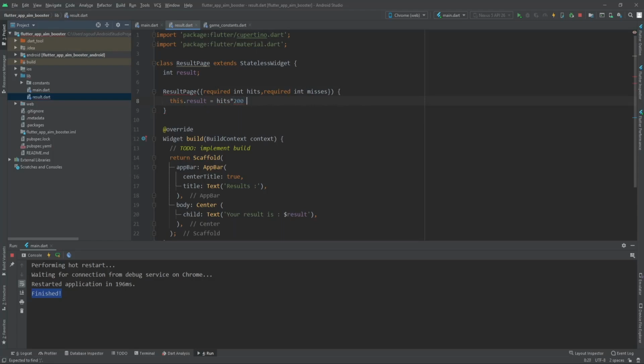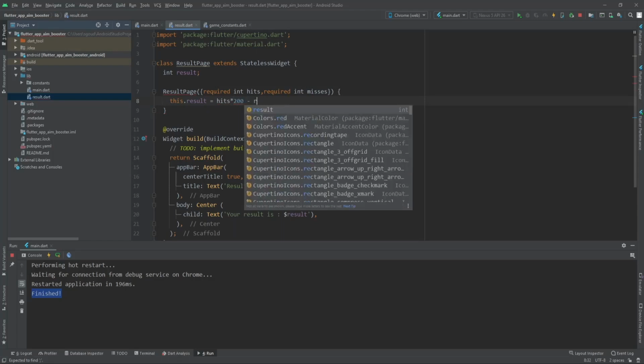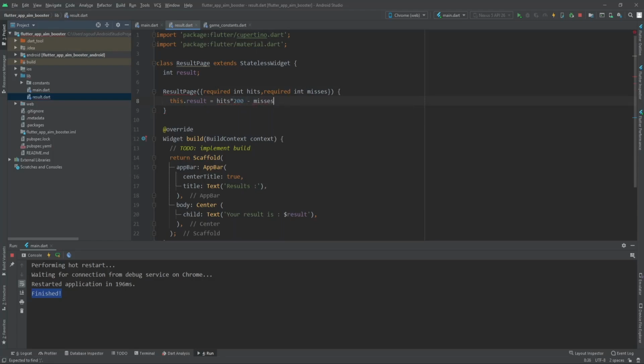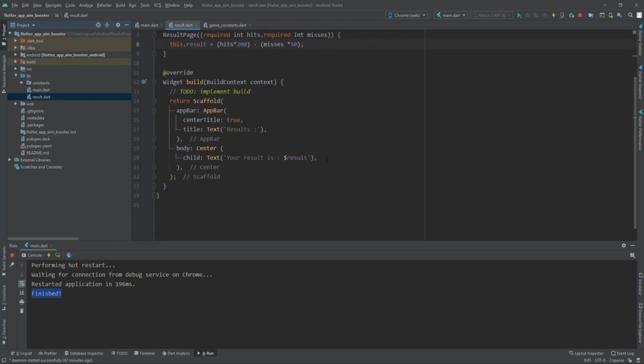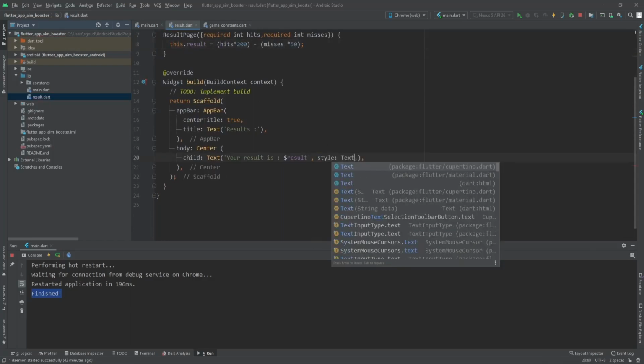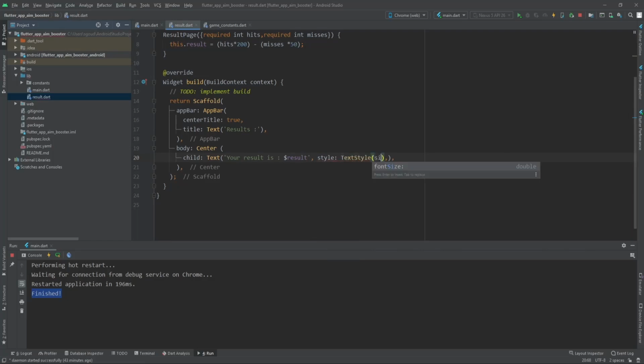and minus misses multiplied by 15. Yeah, this just works fine. Okay, so we should add a late keyword to say to Dart that it's going to be implemented later. Okay, now we have implemented the result, and let's just add a style to this text